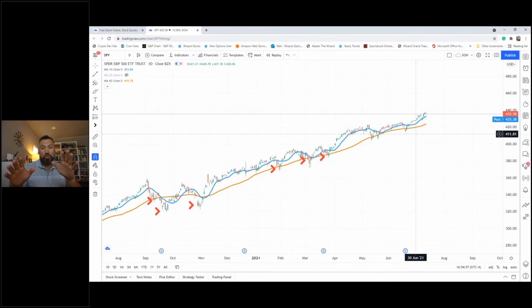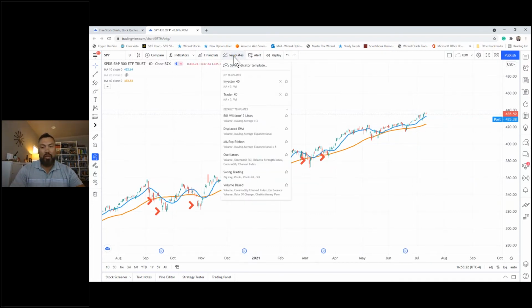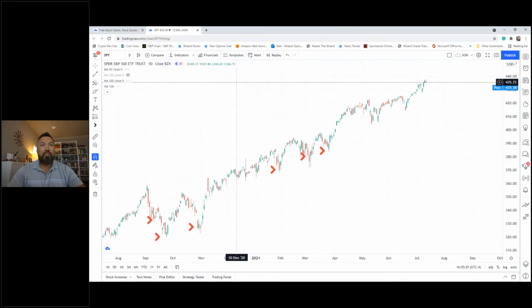Now, institutional trader, I get this question a lot. Why not a 200-day moving average? Why not a 100-day moving average? Why not a 50? There's nothing wrong with those. 50 is half of 100, 100 is half of 200, right? 50 is a quarter of 200. I'm a trader. Many of you are here today because you're traders. The people that use those large moving averages, I call those investor indicators.